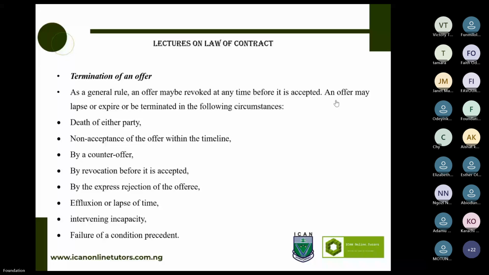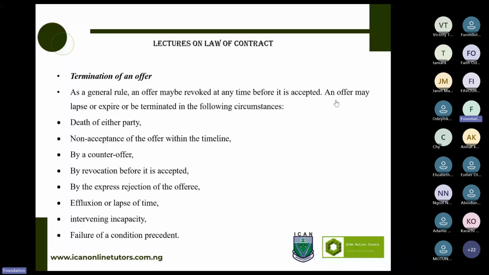Now, there is a message I'm trying to pass across to you. Counter offer means there is a variation to the terms of an offer. Now, it invalidates the initial offer and brings about a new offer. I think Taiwo said, Victory said, the conductor can decide to take me and accept the money like that. Meaning there's a new offer of how much? 80 naira. The initial offer of 100 naira has been cancelled out by the counter offer. So that's the message I'm trying to pass across.